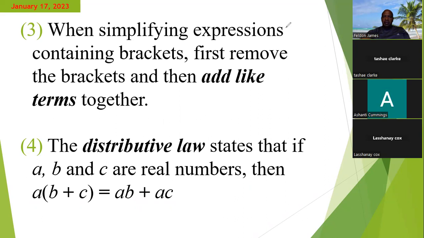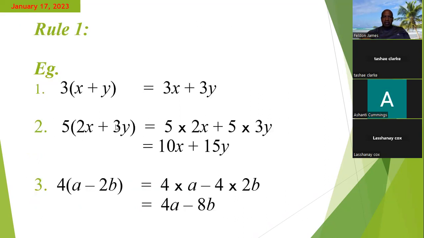Now, continuing with brackets. Here we have some examples where we're applying the rules. Remember that rule number 1 says that whatever we have outside, we multiply each term inside by that number or term that we have outside. So simply, we're just going to multiply 3 times x